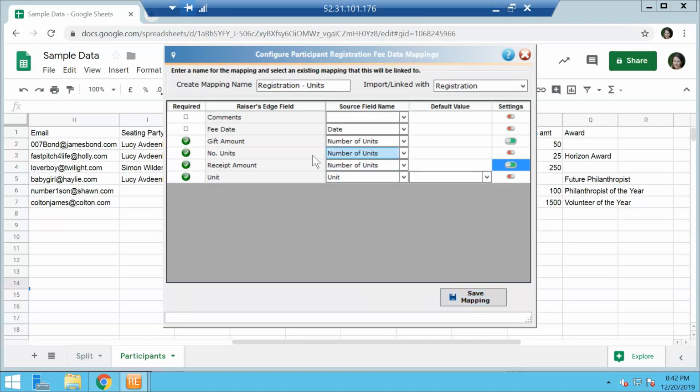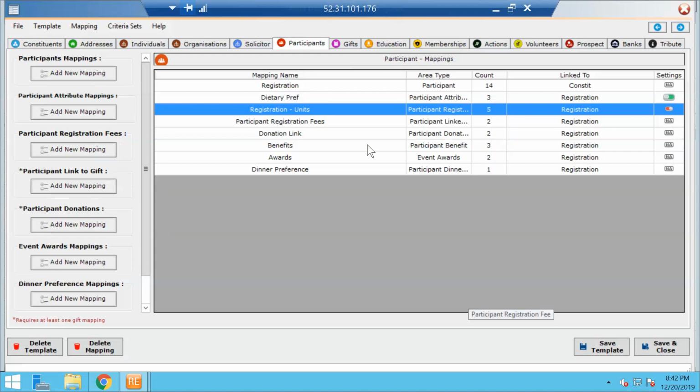The middle option, I'm using the number of units exactly how Razor's Edge would recognize the number of units by assigning that number to the unit that is down below for the purposes of the registration tab, which is the second tab when you're looking at a participation record within Razor's Edge. Once you have that tab set up where you have the linking of the units,